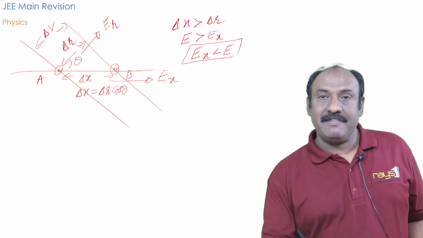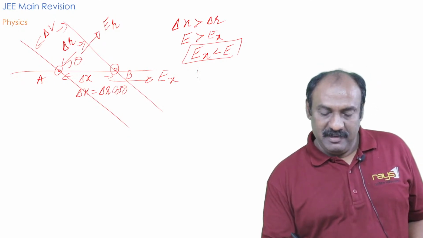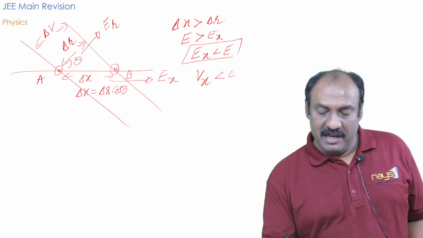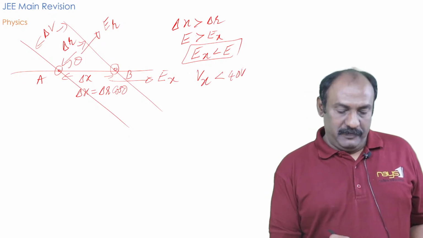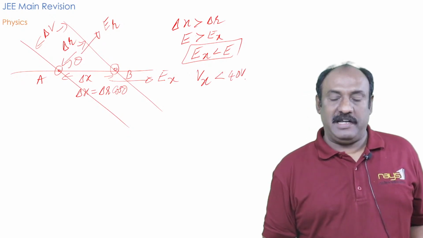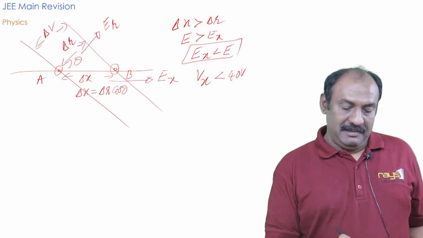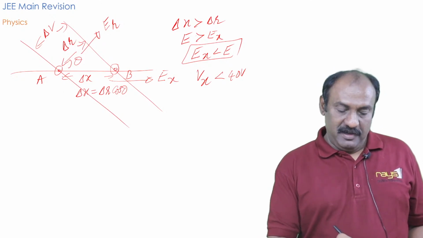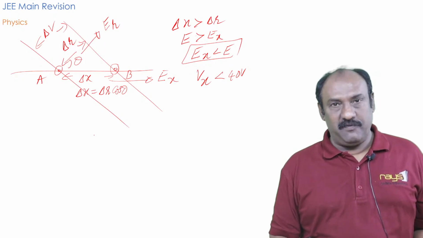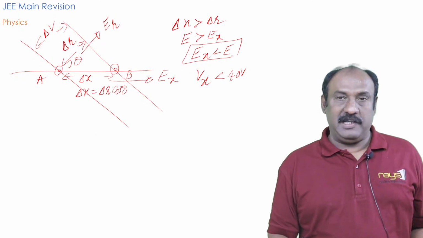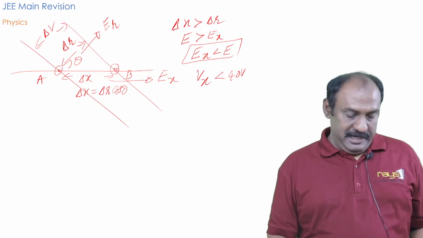So, E less than E means what is the potential difference? Then the potential difference is less than 40 volt. Between A and B, it may be less than 40 volt. Okay. Along this y direction, if you imagine the y direction, along the y direction also it may be less than 40 volt. So, what we need here? See the